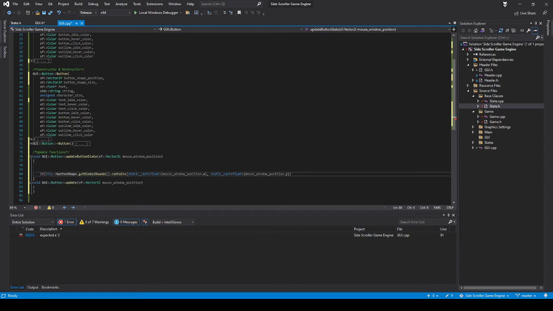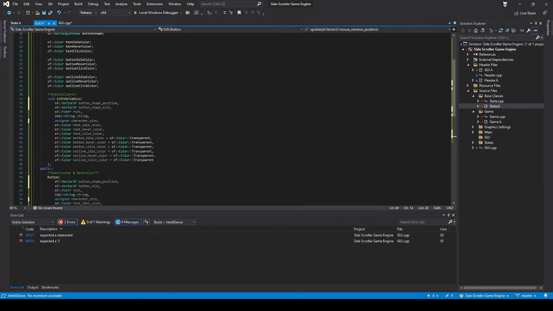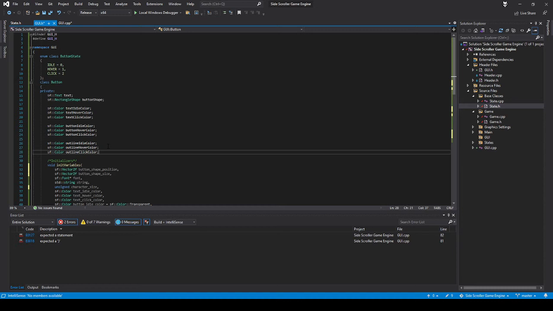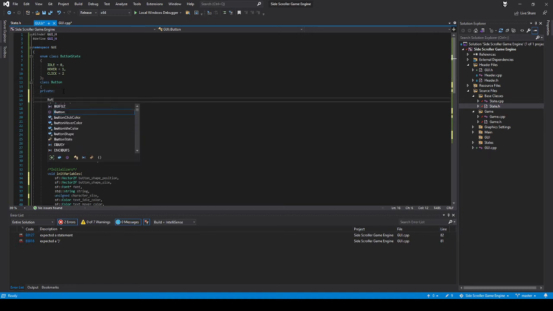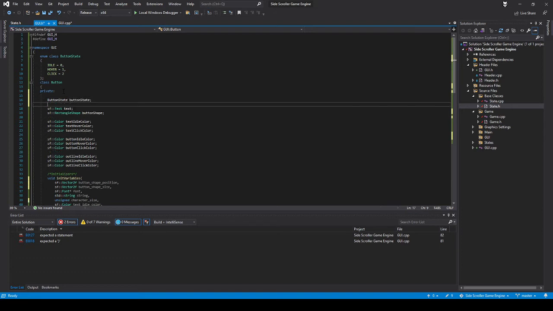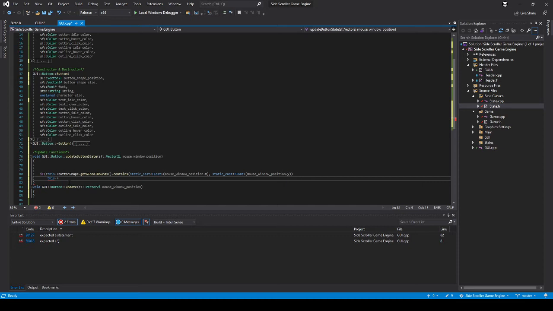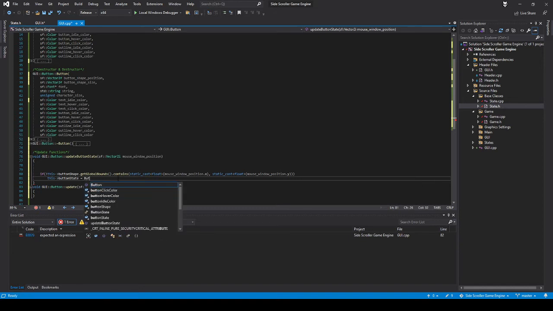So we can say if this doesn't contain this, then, well, I've got to create a button state variable too, right? So I'll go up here and we'll have button state. This button state will equal button state